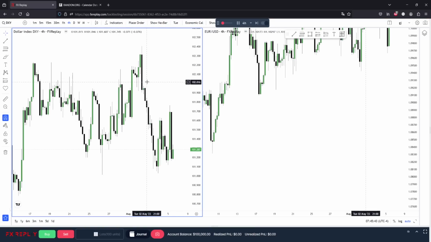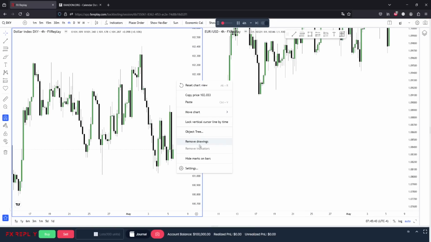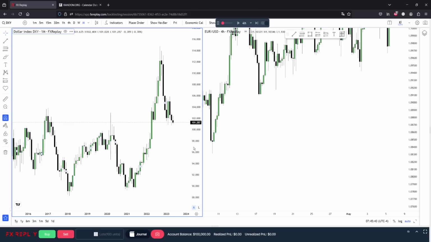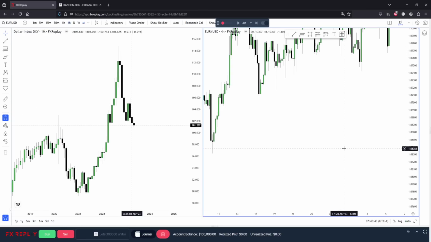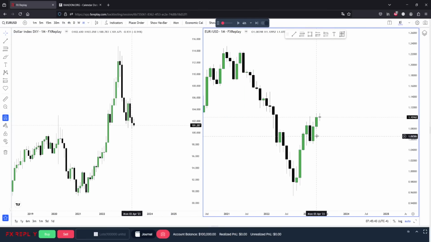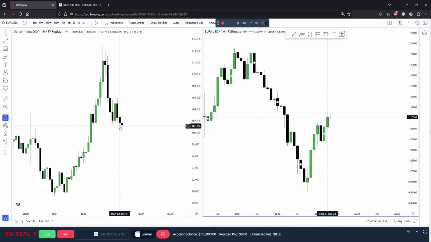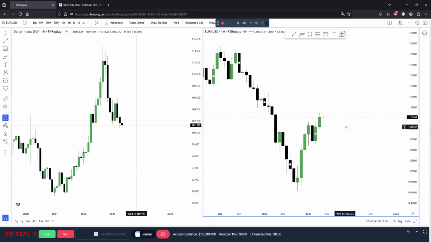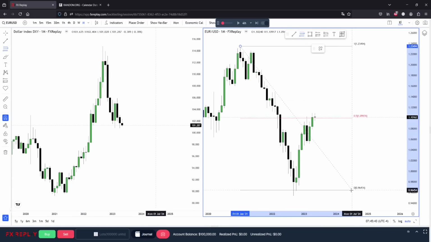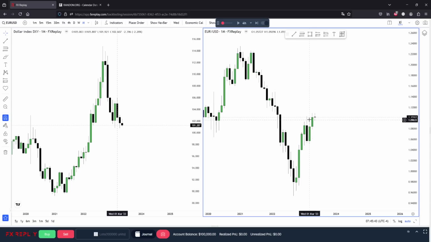I'm gonna start from higher time frame all the way down to the lower time frame. So we start on the monthly, right? Where are we coming from? Where are we most likely to go? So if I look at DXY, looks bearish, right? Sell side of the curve, buy side of the curve here. Same for EU, sell side of the curve, buy side of the curve. So if we take the entire range we have over here, we're just barely tapping into premium